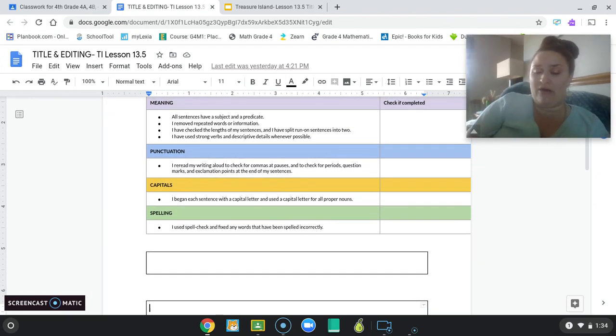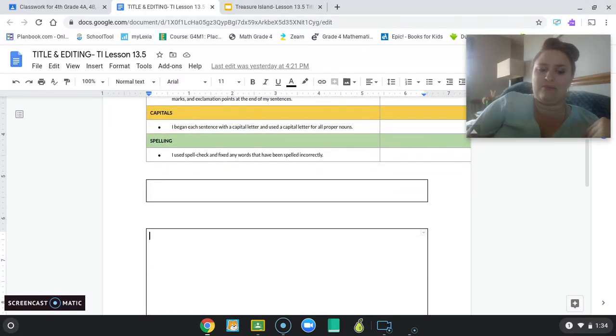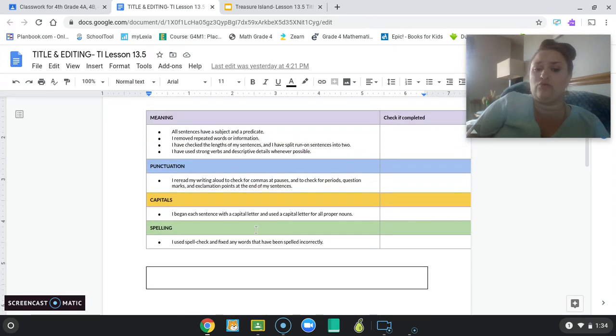I will be pointing it out, and I'll just be sending it back to you if I see that you didn't really do this. So remember, again, copy and paste your story into here and use this checklist to go through and check for each of these things in your writing. You've done this before. Do your best work. I'm looking forward to seeing your revised